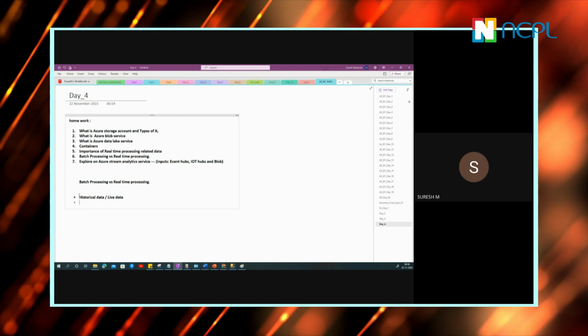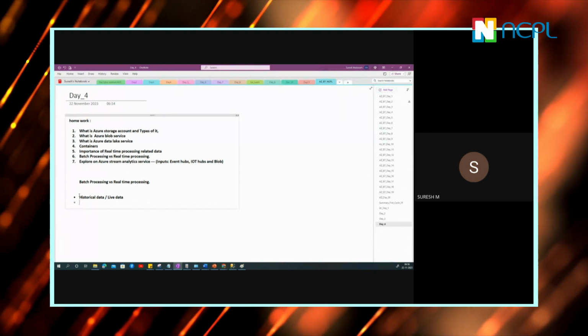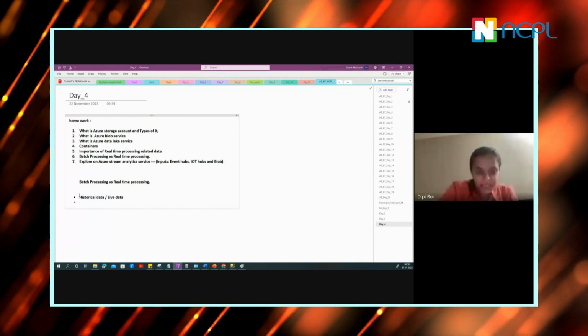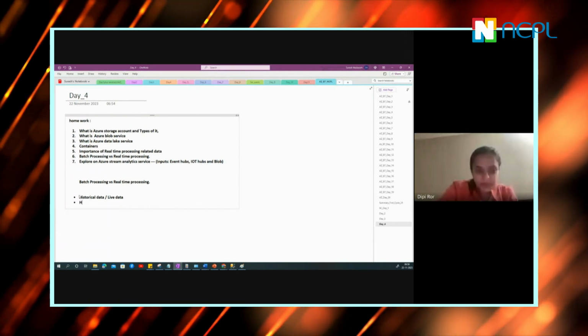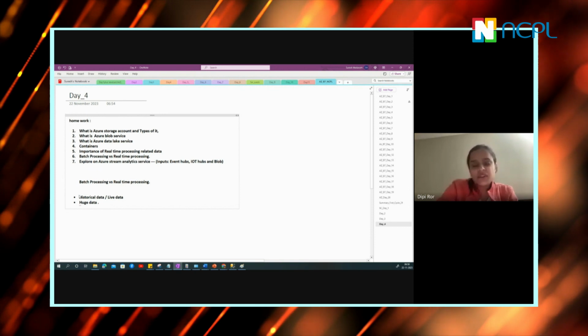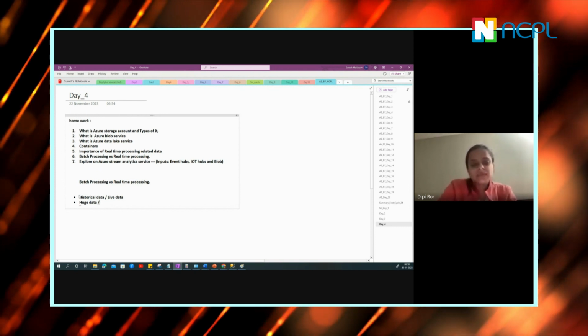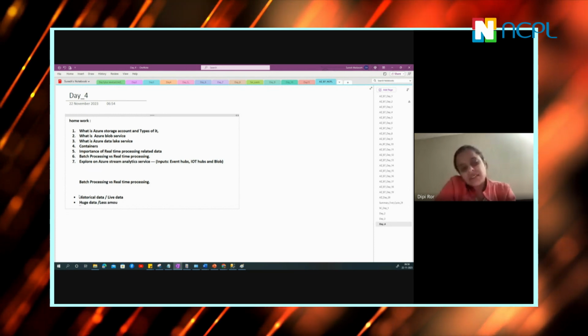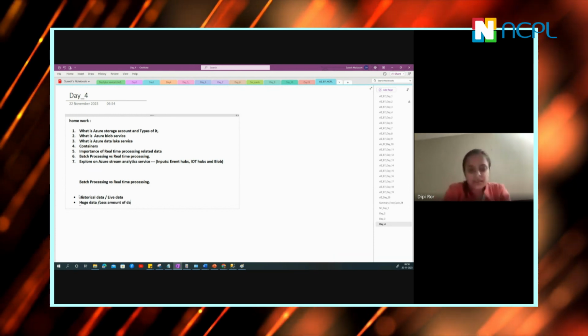The size of the data is a little small compared to your historical data. In batch process we load large data. In real time, it's small size, a less amount.